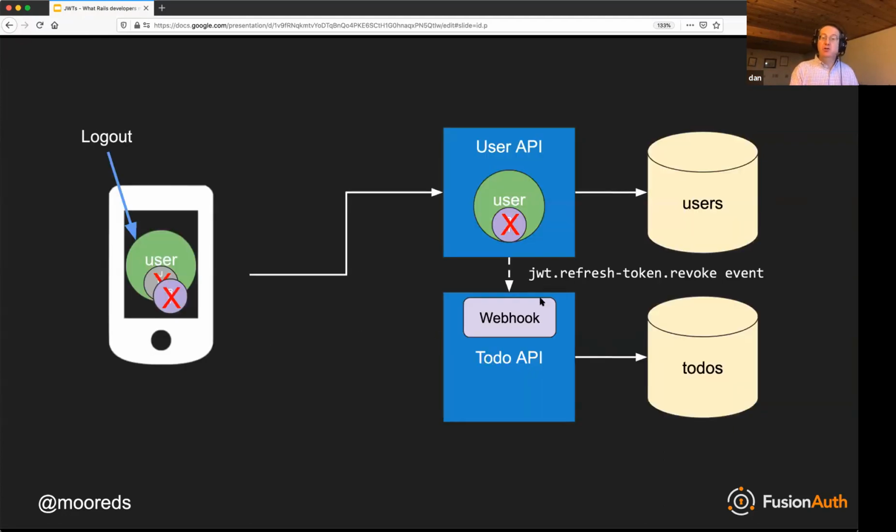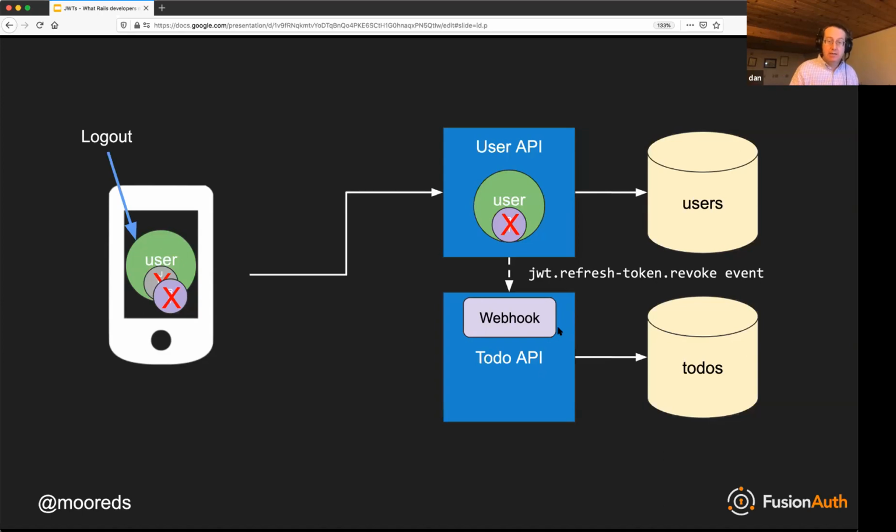Then the JWT API keeps track, in a hash map in memory or in Redis or wherever, of the users who have revoked their tokens. Again, this is walking a balance line because you're pushing more state into the JWT API.